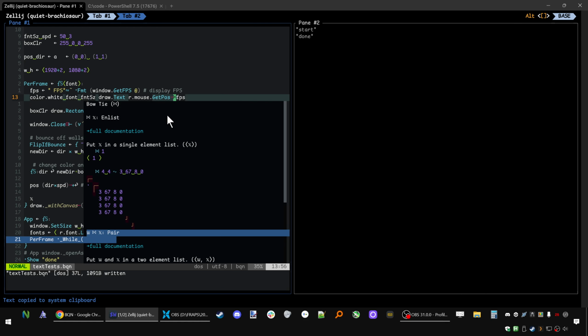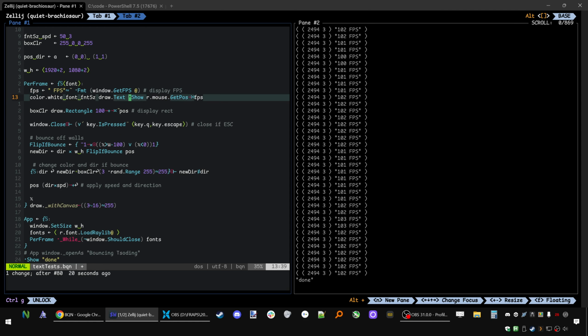Good? Easy. So this is going to give us, if I can show this, when we're rendering, a bunch of stuff. This is the mouse position as I move my mouse, and then the FPS was the string. So now we have our tuple of a position and a string, and then we're going to call draw